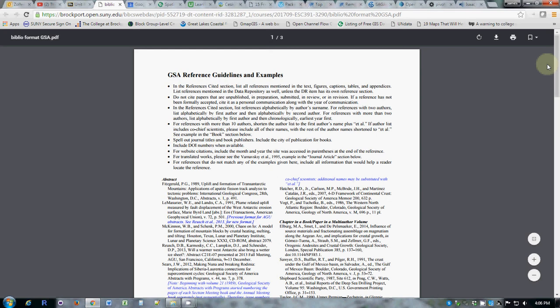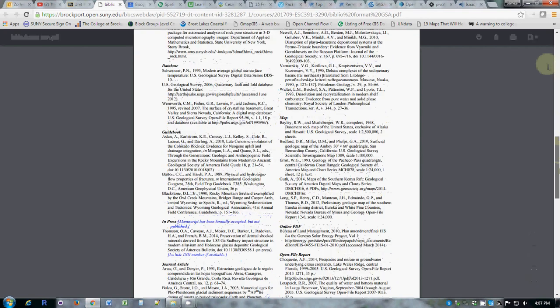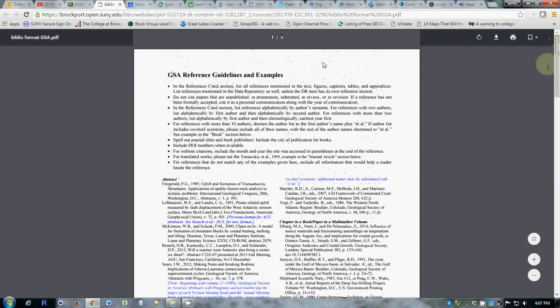So really, consistency and having enough information so that a reader can easily find the reference are what's really important about a bibliography format. It is good, though, to have a reference sheet in a formal setting to provide something that'll set a format that'll satisfy anybody. But the most important thing is consistency and including enough information so that somebody is able to find it. So that is one